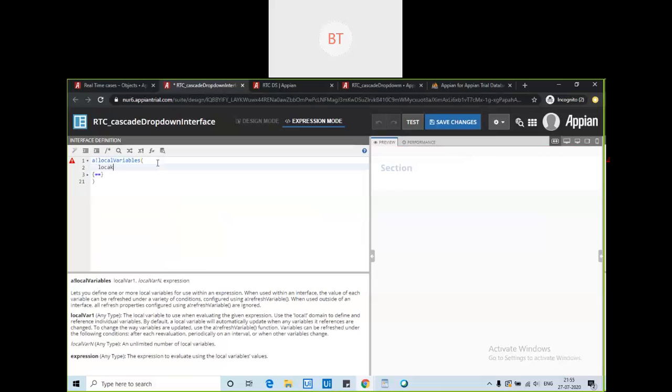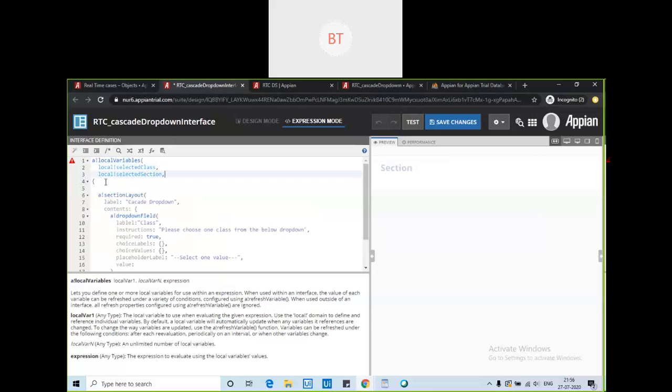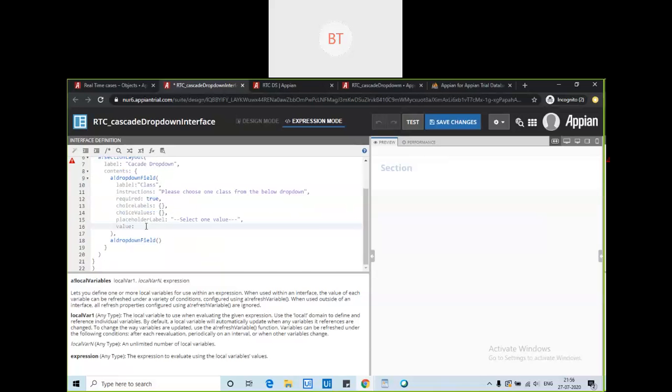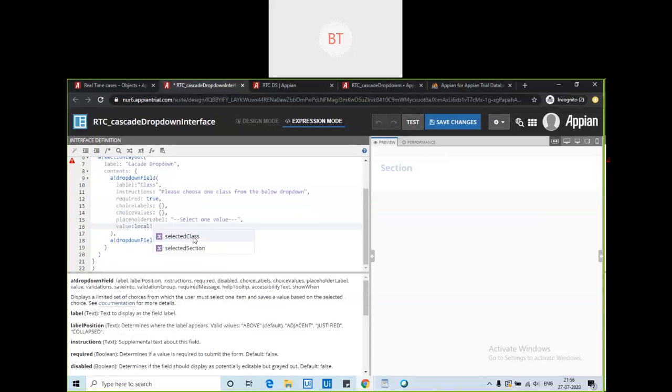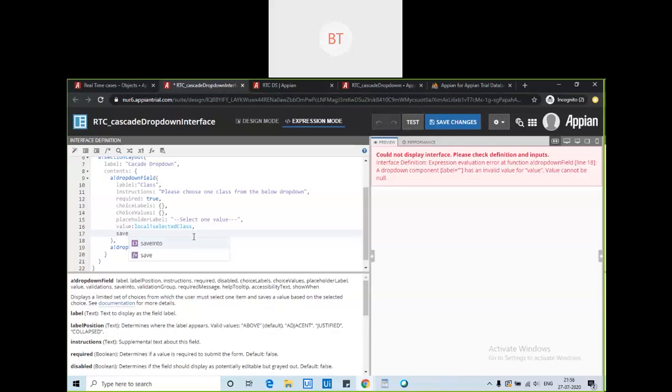Local selected class, then local selected section. Then here it will be local selected class, to be local selected class.